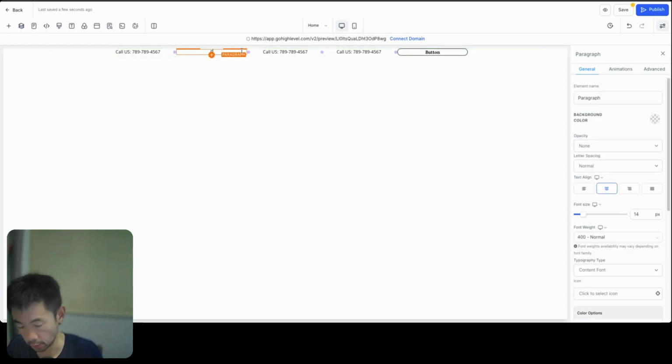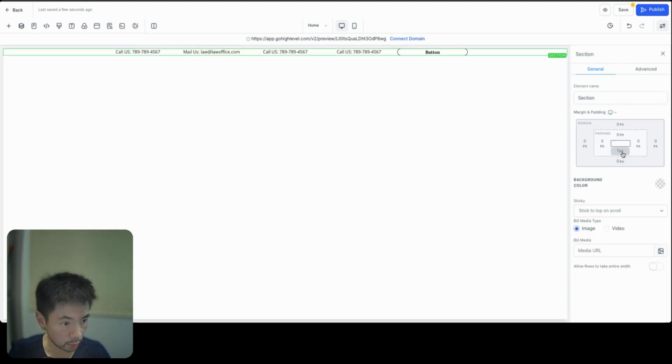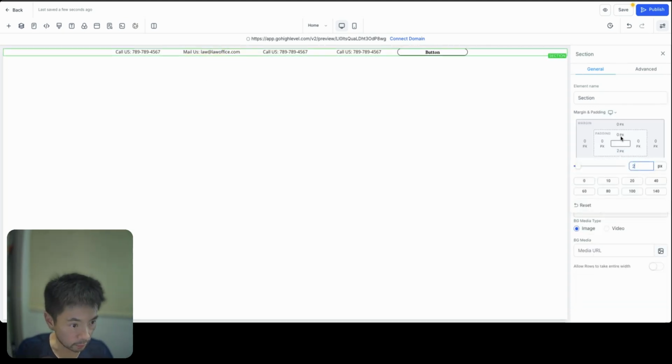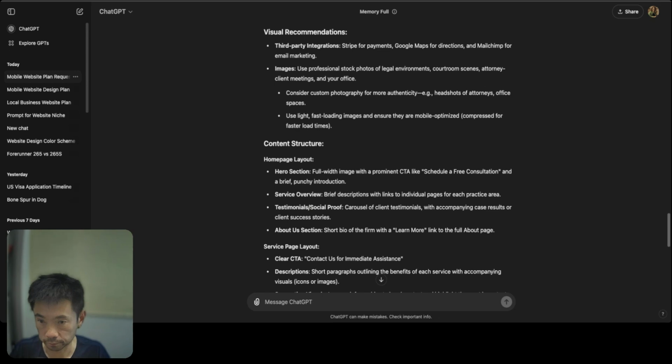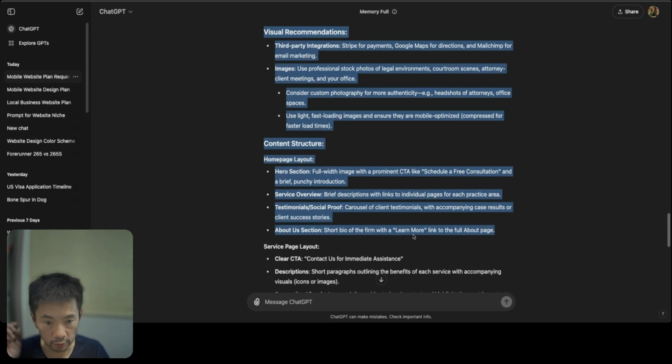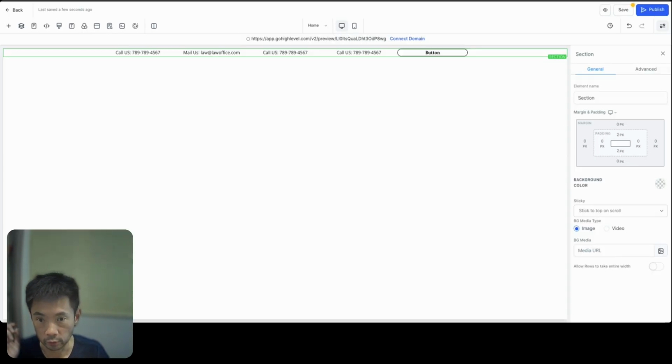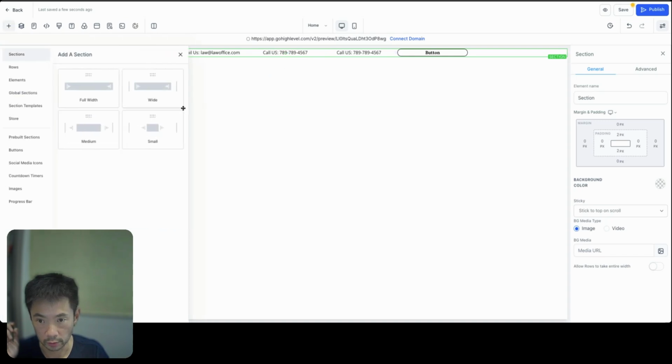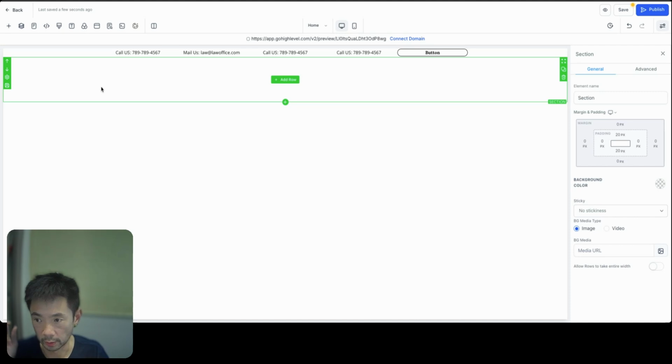This one is like mail us. Okay, this is just a maybe we want to give it like maybe 2 pixels up and 2 pixels down padding. So now before we do all this, I would like to also do a section here where